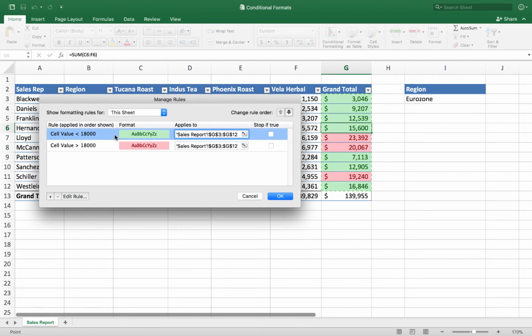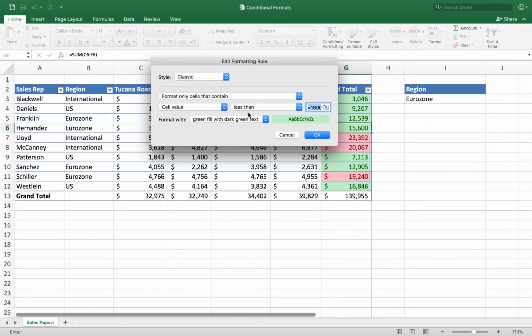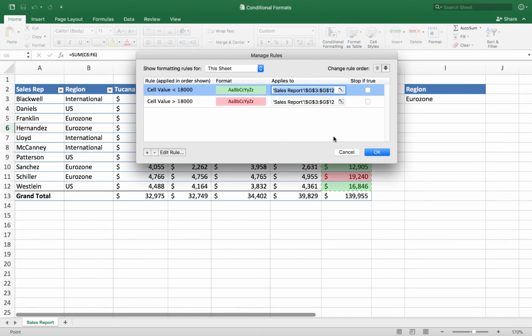If I want to make modifications to the colors here, or I can choose what range I want to apply that to. I can also edit what the settings are for the conditional formatting by clicking on the Edit Rule button. So I'm going to click on one of my rules, then click on the Edit Rule button, and it takes me back into the dialog box where I set up the rule originally. So if I want to make modifications to it, this dialog box is an easy place to edit this. Okay, so I'm going to go ahead and cancel out of here for right now, and I'll close this Manage Rules dialog box for the moment.